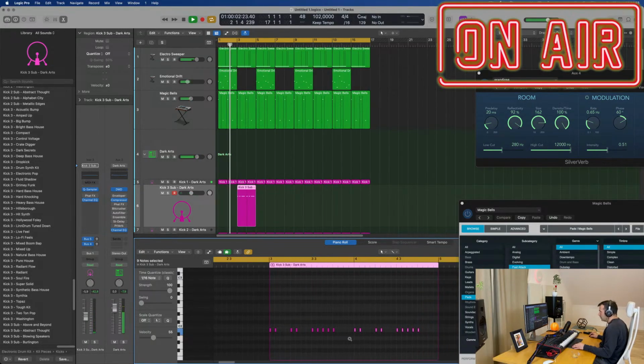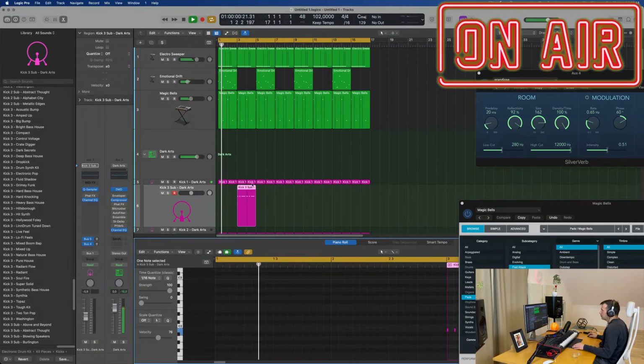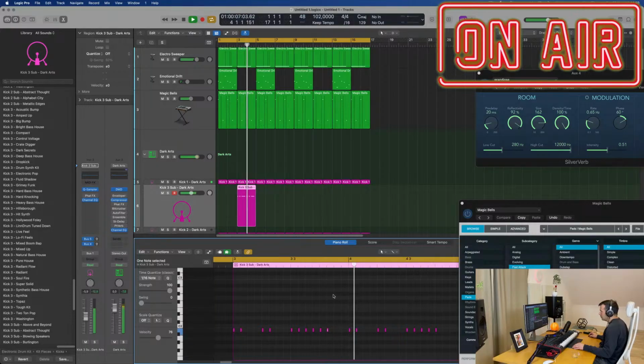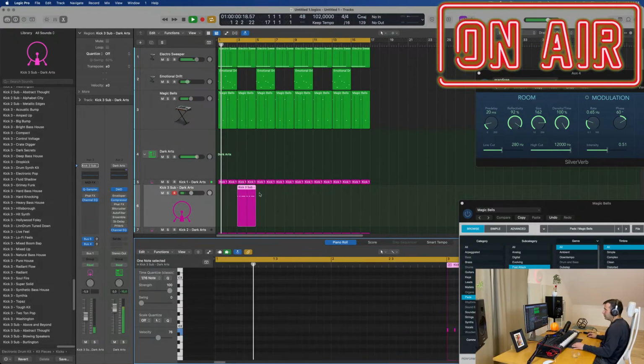You'd like to have something here too. I'll extend it to here, so I'm not putting it where the organ melody is. I like this little variation.